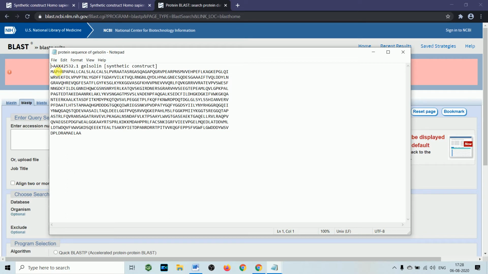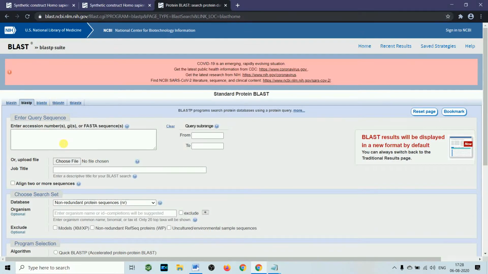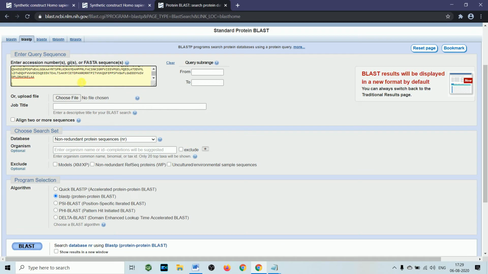Protein sequence is here, so you just see what is the format. You have to write the greater than sign, and afterward you have to write the detail of the sequence or title, and then sequence is there. So we'll copy everything from here with the greater than sign, we'll paste it here, and you want whole sequence, or otherwise you can give the option of from which part of the sequence you want to do blast with other sequences, so you can select from here. And then upload file, like if you don't want to copy paste, you can just choose the file from here. What is the job title, if you want to give the name to the title, that you can see.